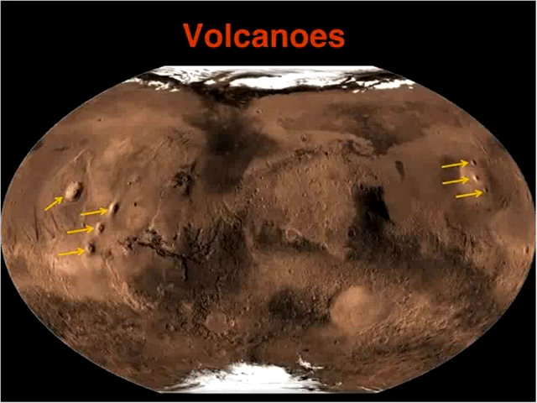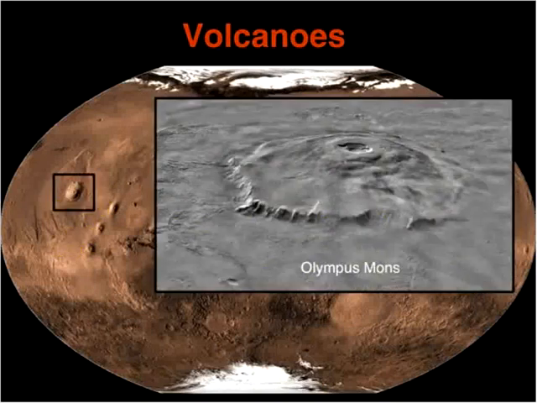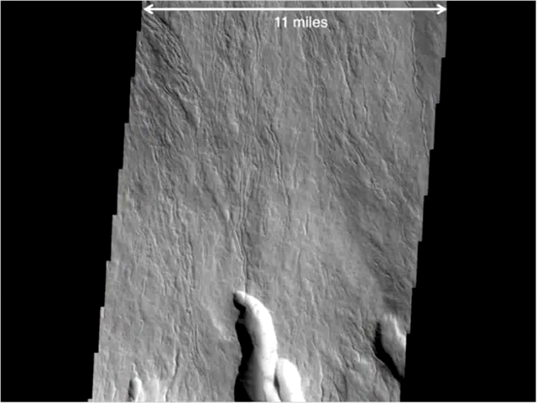And in fact, one of the volcanoes on Mars that I'll show in the next slide is called Olympus Mons. This is the biggest volcano in the solar system. It could easily cover most of the state of Arizona, and its height is 3 times the height of Mount Everest. So this is a huge volcano, and it was built up slowly over millions of years, as we can see in this much narrower view of the volcano.